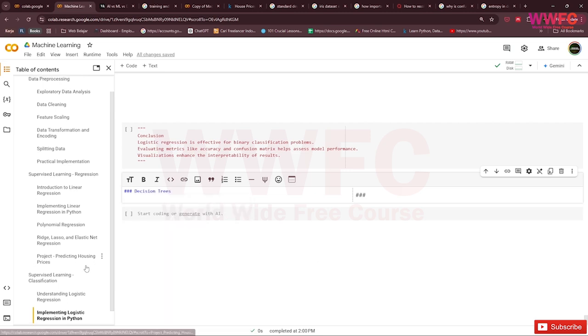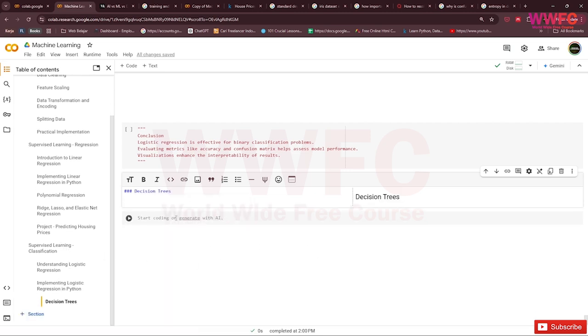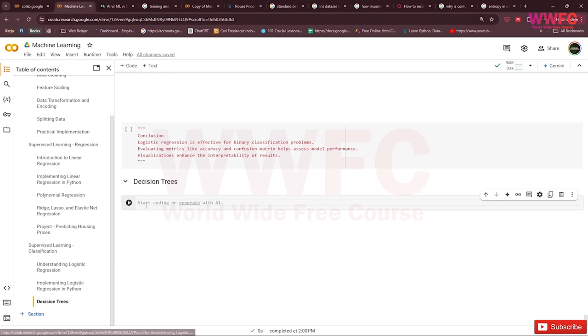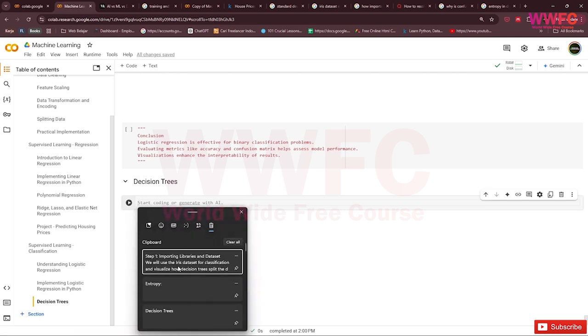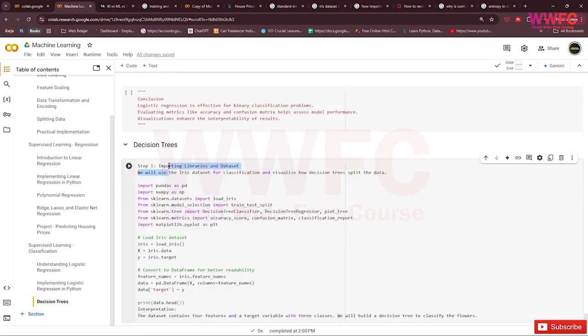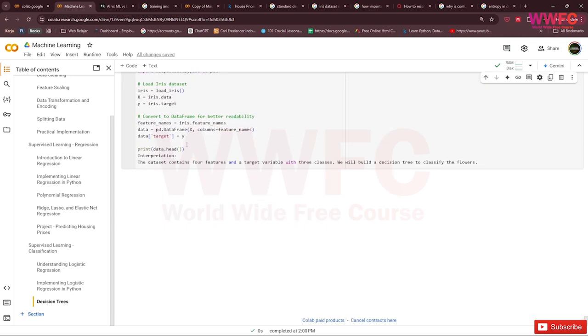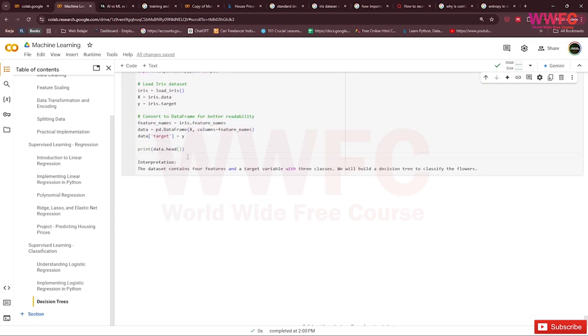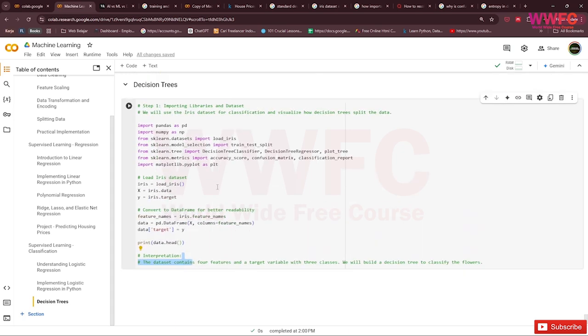Decision tree. We go to code the decision tree, with step 1 being importing the datasets. We want to use the Iris dataset for classification and visualize how the decision tree splits the data.